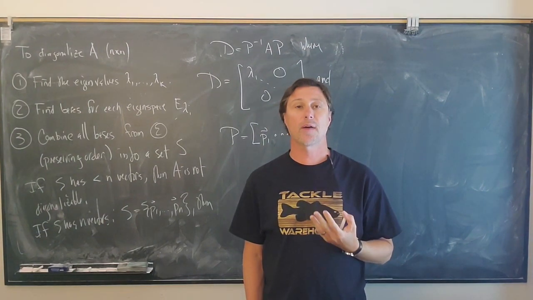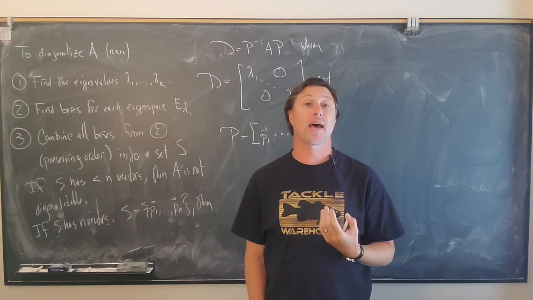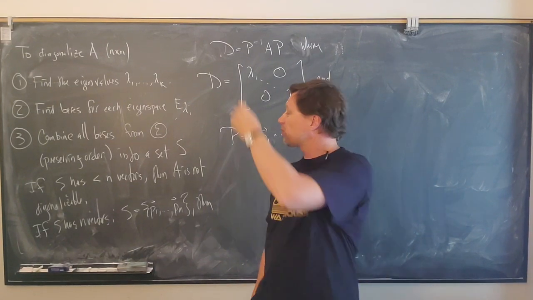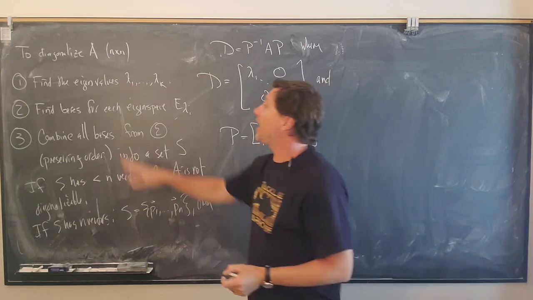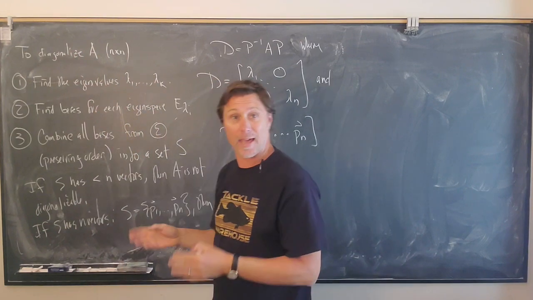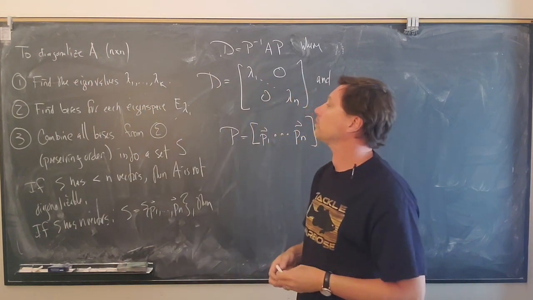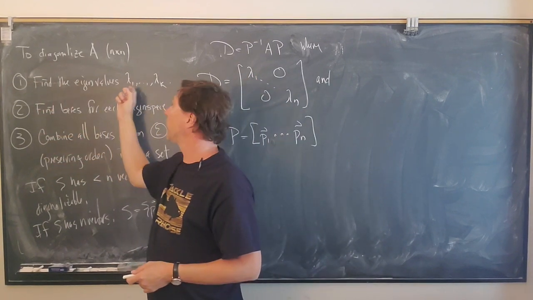Last time we left off with this process I wrote down, and it described how to diagonalize a matrix. So I want to just review that. I have it written up on the board and I want to go over it again. So here's the idea. We have an n by n matrix A and we want to go over the process for diagonalizing this matrix. So the first step is to find the eigenvalues, lambda 1 up through,